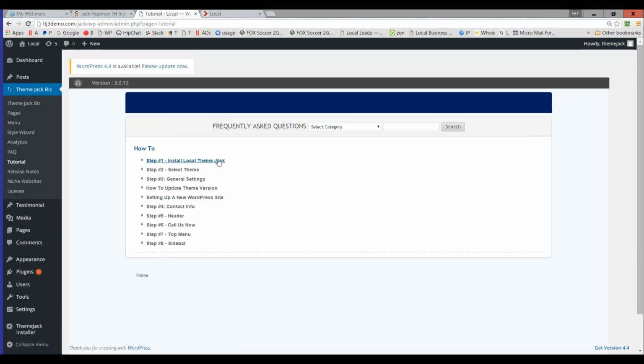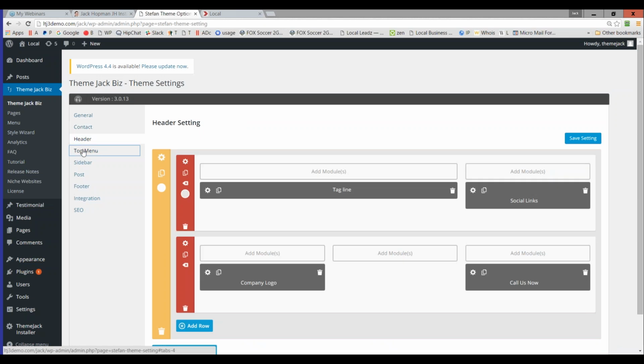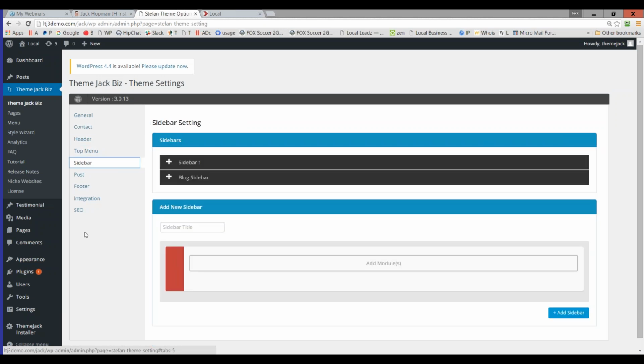They cover the installation, how to select the theme, the general settings, the contact info, the header, the colors, the top menu and the sidebar. So that covers the basics. If you go to Team Jack, you see here the general, contact, header, top menu, sidebar, and soon we will have post, footer and integration. Next we will do